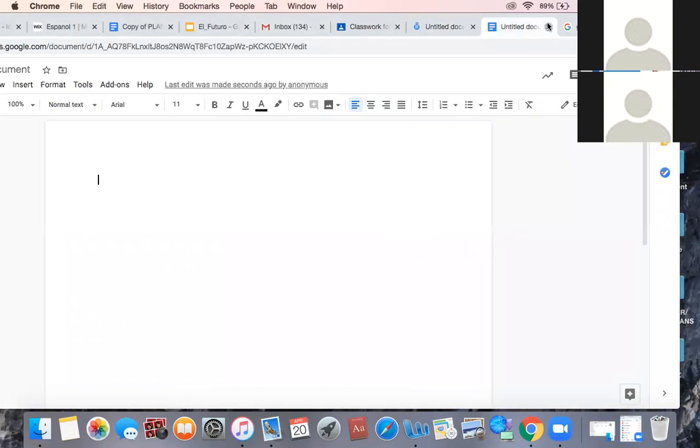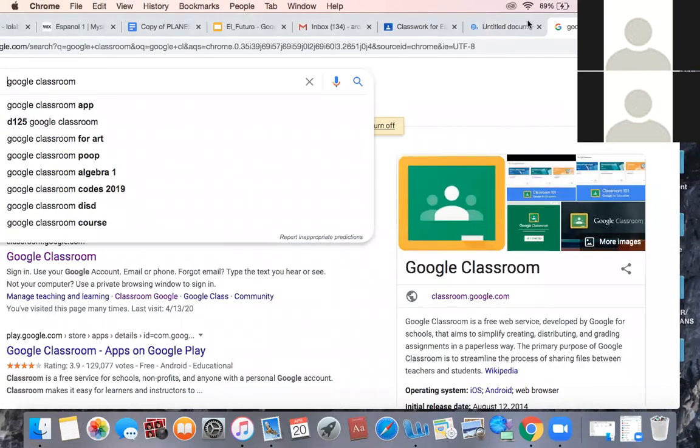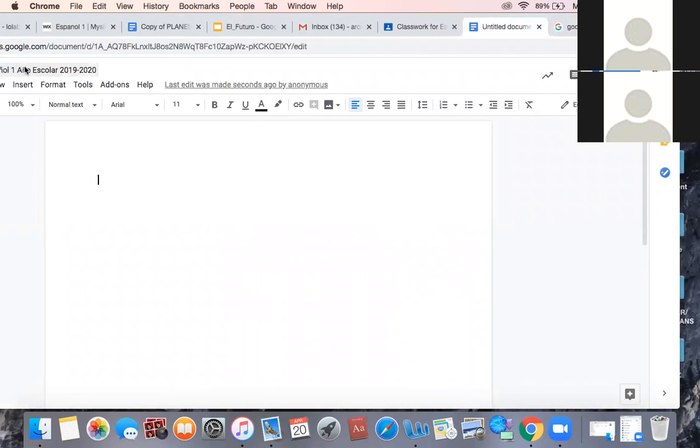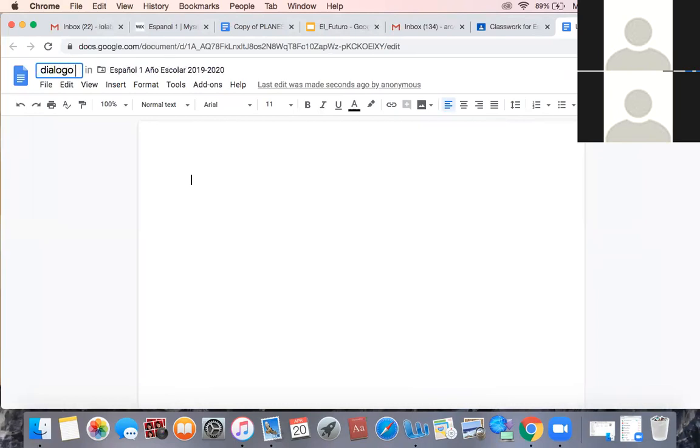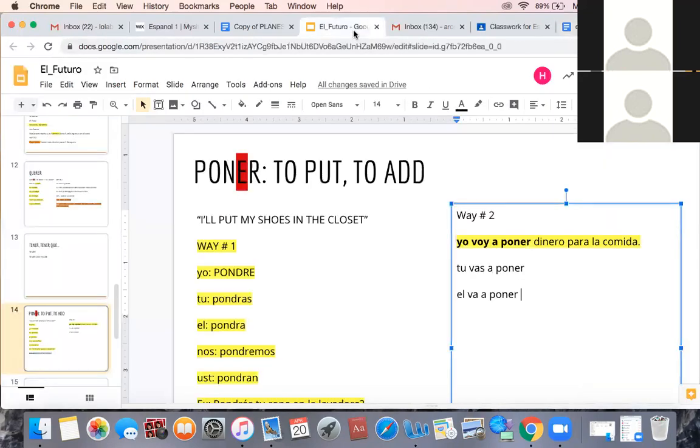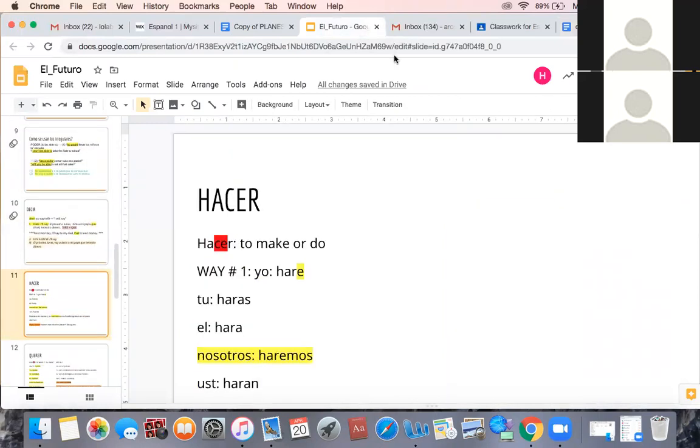Okay. So, where'd it go? Okay. So I'm gonna just title it Diálogo. And again, this is a sample you can look at. Can't copy it. Okay. So the first thing that I want to have is know which words I need to use. So I'm going to ask you guys to use the new words, the irregulars, like, so we use poder, tener, poder, poner, what else do we use? Querer, hacer. Okay, so there's 4.